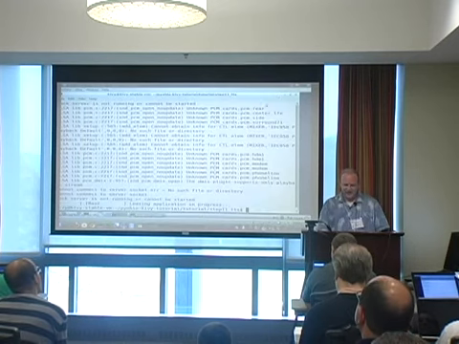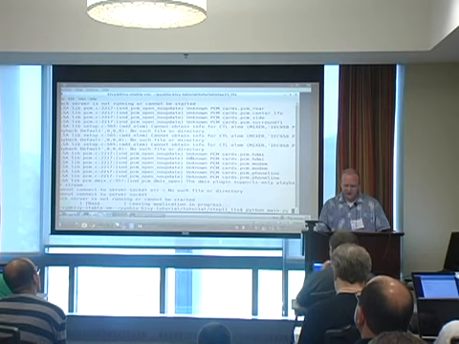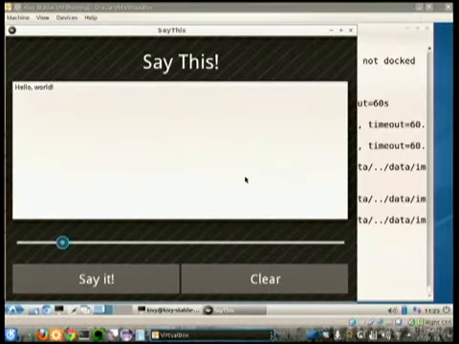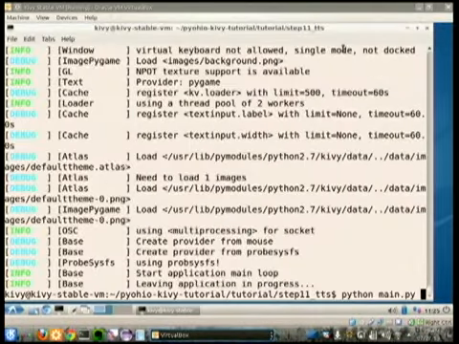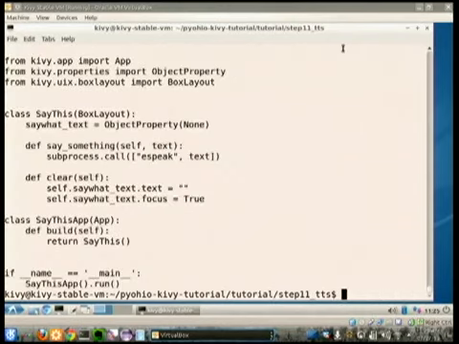So now our Say It button works. So let's look at the main.py again. Oops, didn't mean to run it. Just look at it. So all we did was we added the method, and then it just uses subprocess. So at this point,